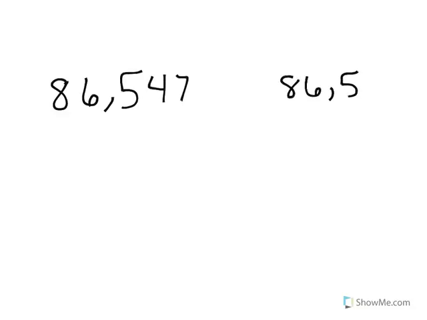Okay, now we're going to go on to our third box. Since I've already done a 4-digit number, now I'm going to do 5-digit numbers. Well, 2 5-digit numbers that I'm going to compare. I'm going to start with 86,547 and 86,552. Again, I'm going to put my blank box in the middle so I can decide which one is greater,